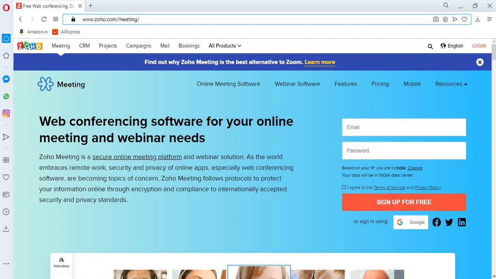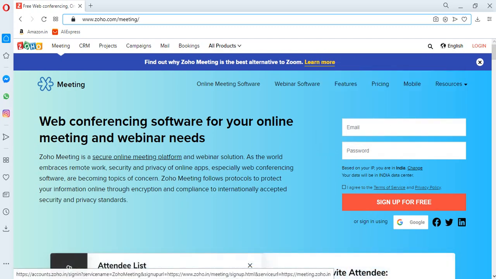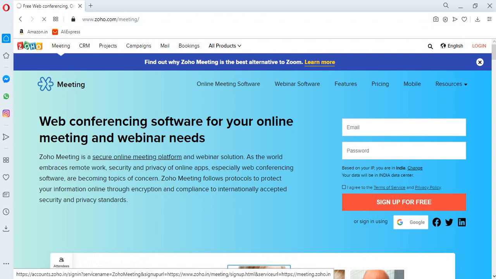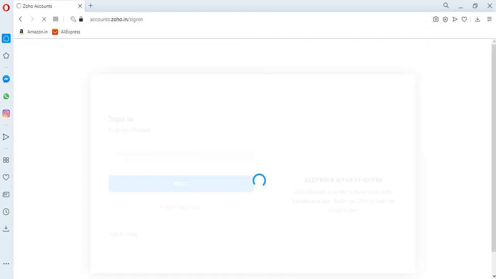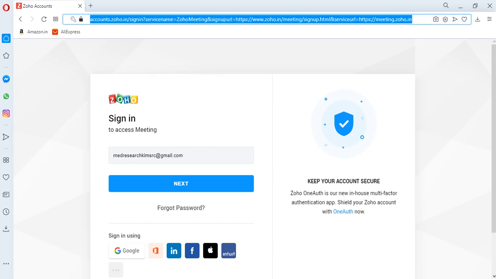On the right hand side, you can see the options language English and login. So we have to click on the login option, and it will direct you to this page.